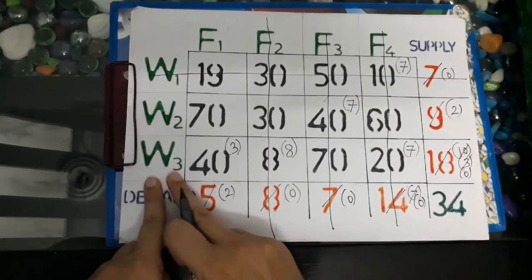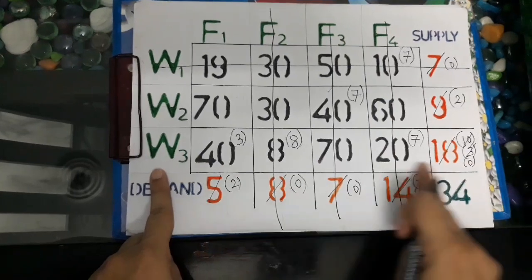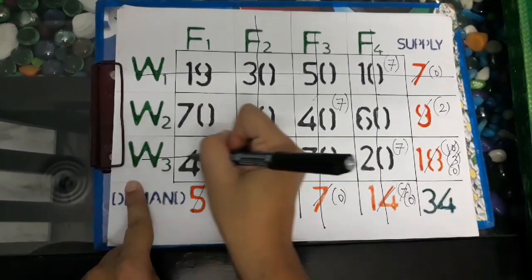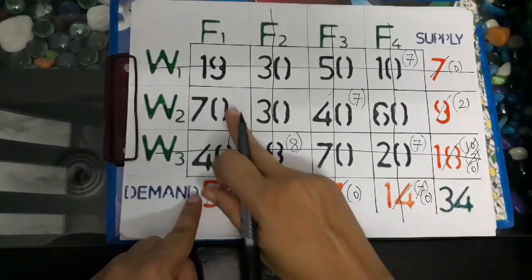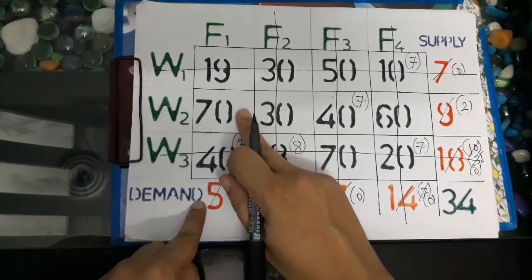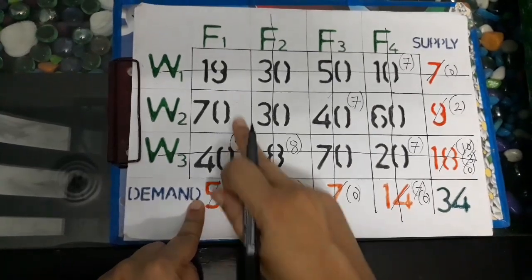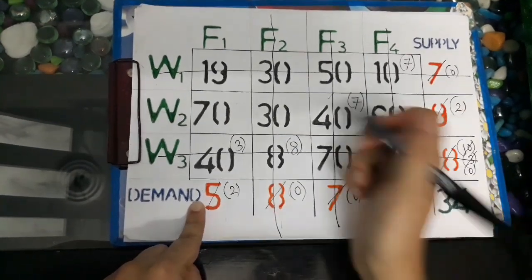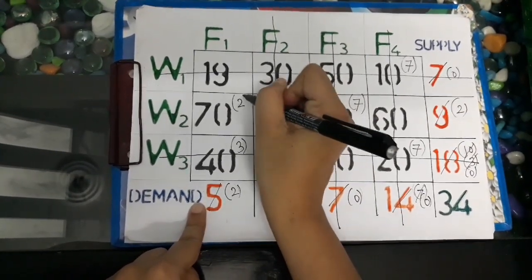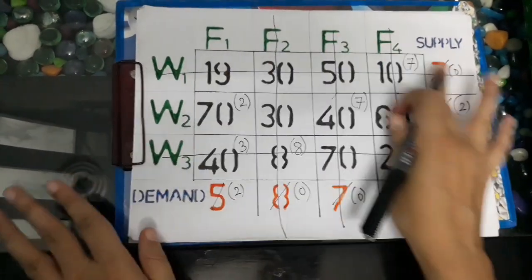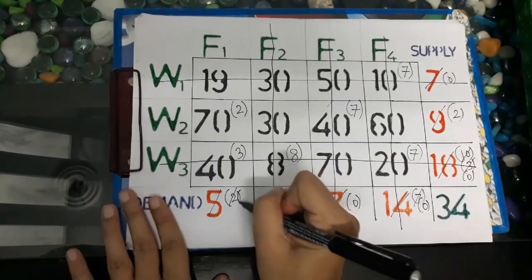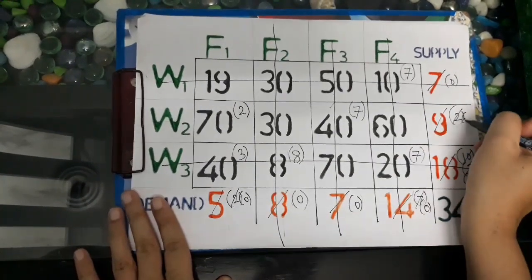Now since the supply of warehouse W3 becomes 0, so we cancel this row. Now only one entry is left, which is 70. The demand is also 2 units and supply is also 2 units. So we allot 2 units over here and our transportation problem is solved, since this also becomes 0 and this